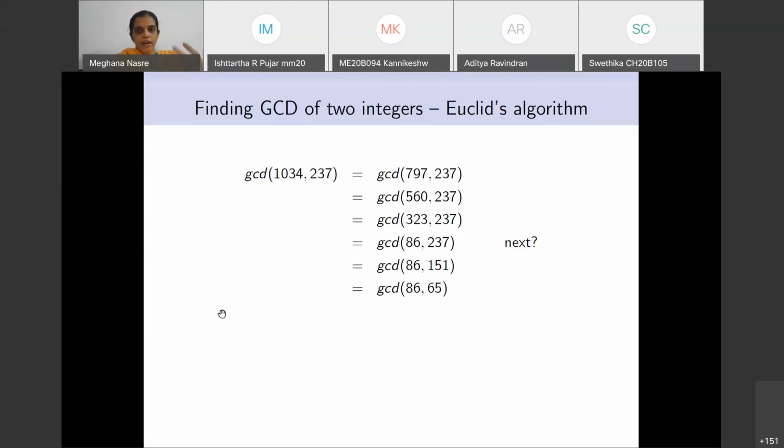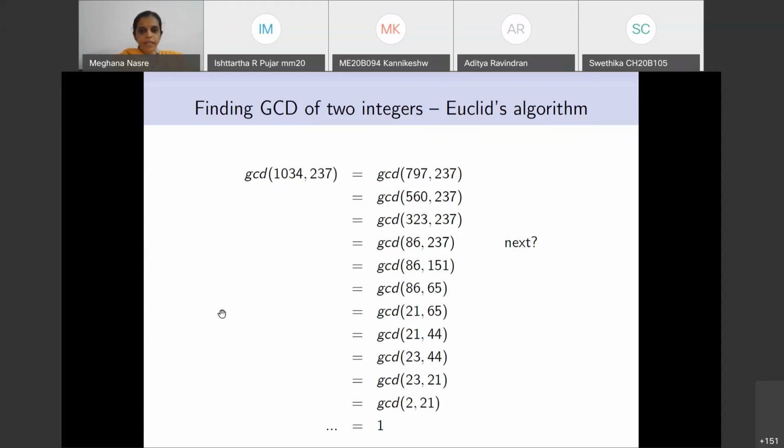So as long as x is greater than y, you keep doing this subtraction and you keep getting a pair of numbers. If you happen to get x less than y, you swap the numbers and keep repeating the subtraction. So this is what I have done. And this is not the place where we will stop, but at 221 we will realize that they are co-prime, and therefore we will know that the GCD of them is 1.